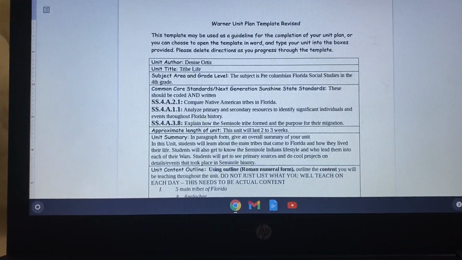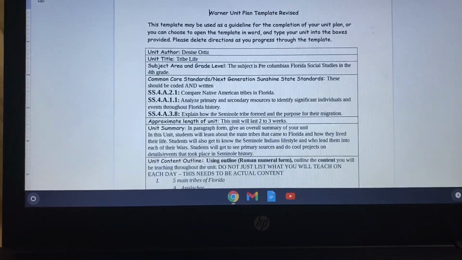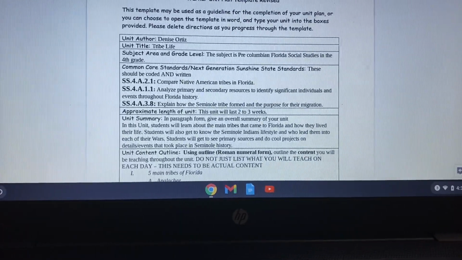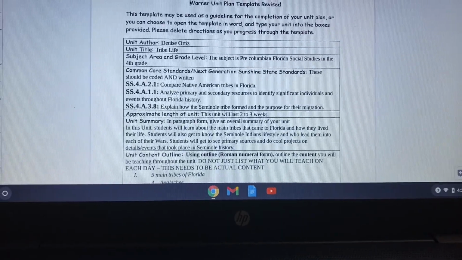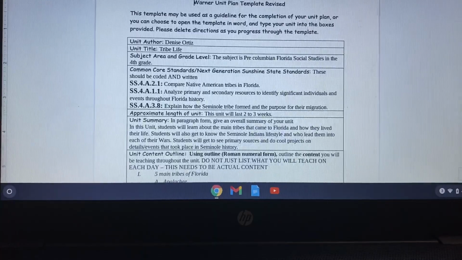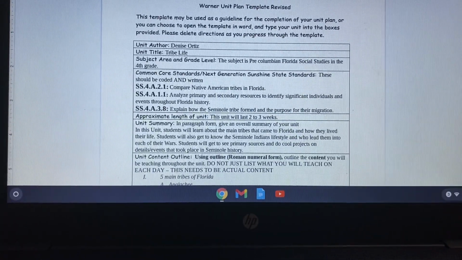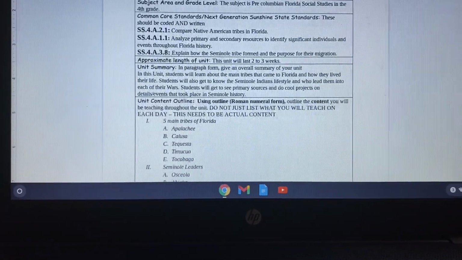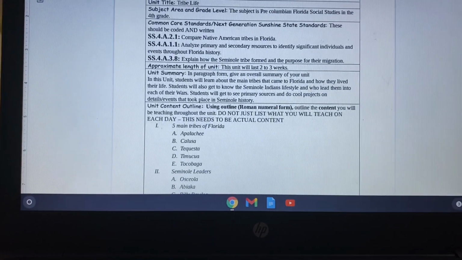Common Core standards were Social Studies, 4th grade, American History: compare Native American tribes in Florida, analyze primary and secondary resources to identify significant individuals and events throughout Florida history, and explain how the Seminole tribe formed and the purpose of their migration. I said the unit will last 2 to 3 weeks. My summary was